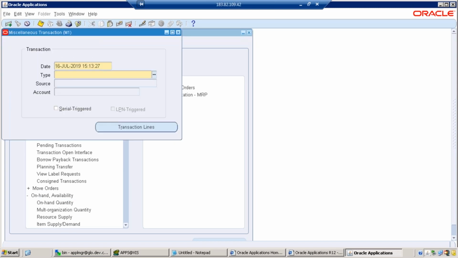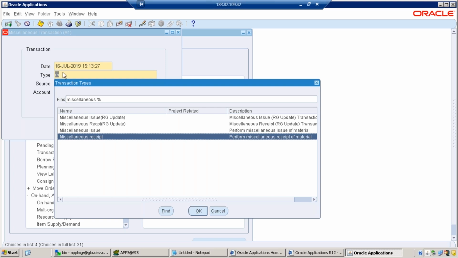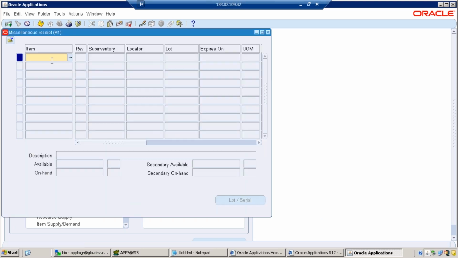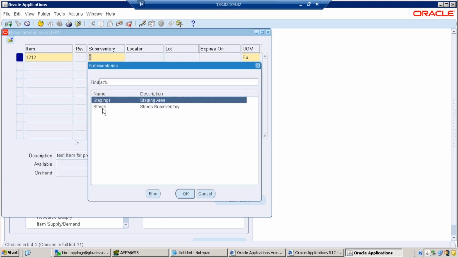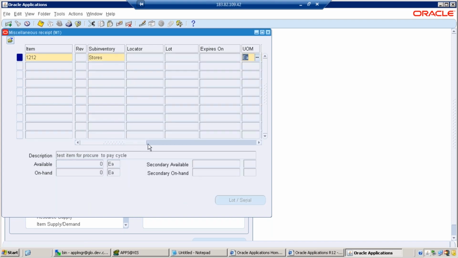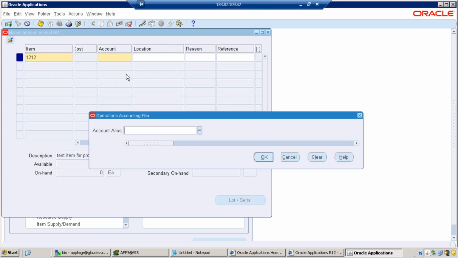Now, what else for that item? The second step is the on-hand quantity. To create an on-hand quantity, you can go to Transactions, Miscellaneous Transaction. We have to use miscellaneous receipt. I just selected M and tab. It will show all the possible values. Your item,